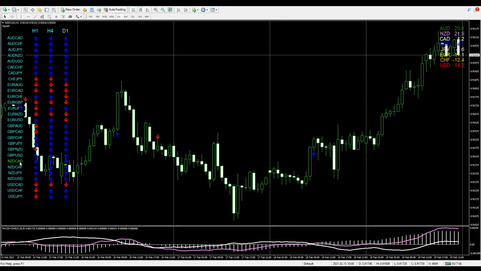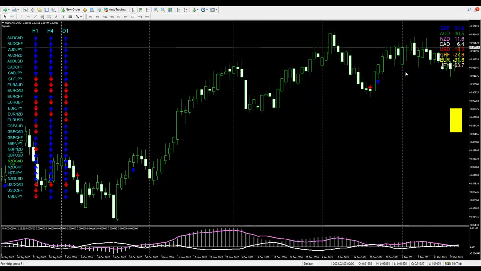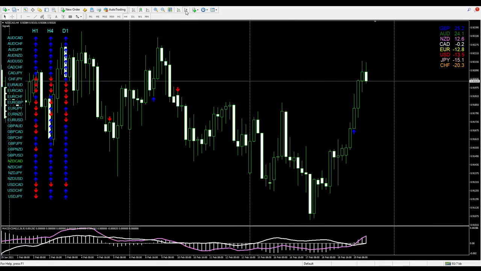On NZD CAD, I know it's the same. This one is D1, so we would only be checking for buy signals, but the buy signal on NZD CAD only came out like 12 hours before the market closed, so there is no really buy signal on NZD